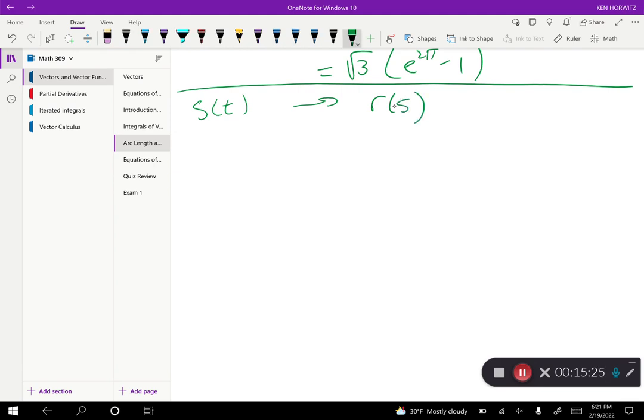The reason we would want to do this is because maybe we're looking for curvature. Curvature is the next topic in the section. But sometimes if we have r of s instead of r of t, our curvature could be a little bit easier. So let's do our last example